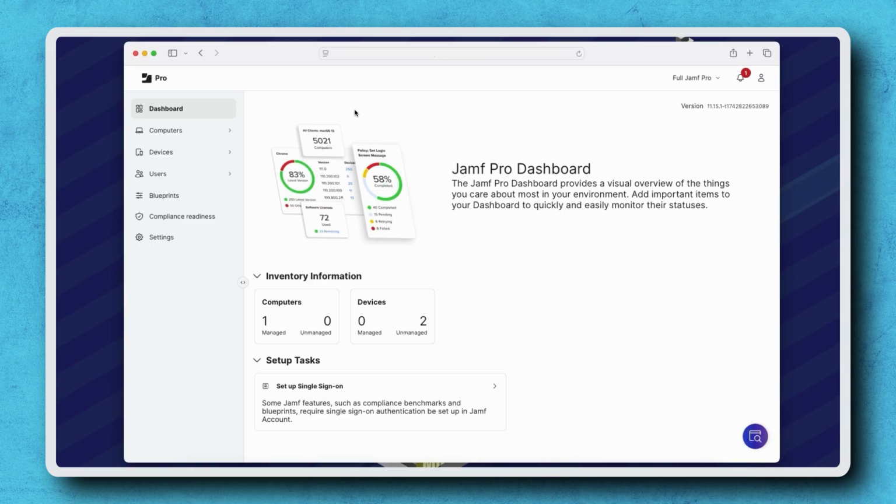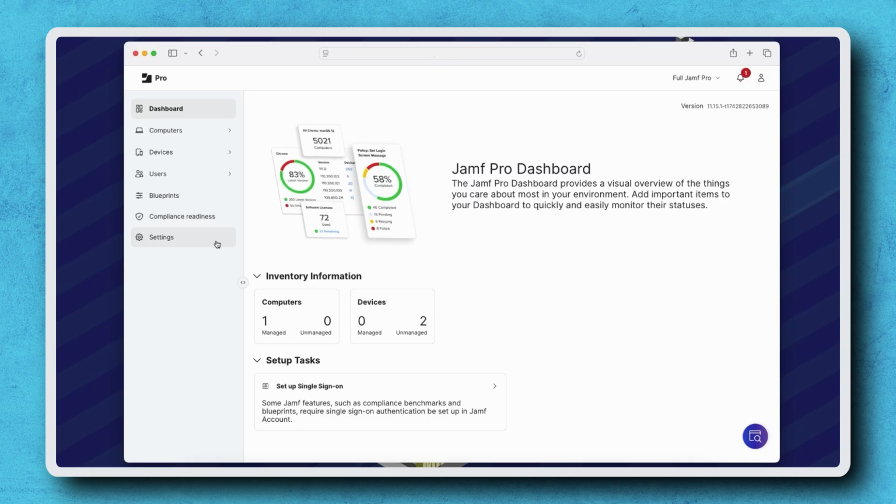At the end of this walkthrough, I'll be able to log into Jamf Pro using my Jamf ID, because I don't have an IDP configured in Jamf account. However, if you want to use your own IDP credentials and have questions about integrating your IDP with Jamf account, check out the links in the resources.